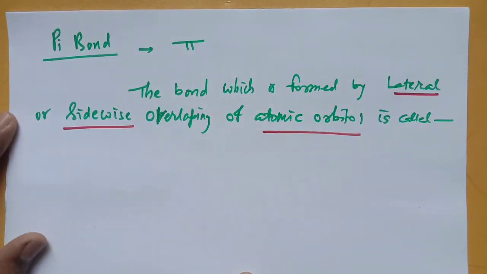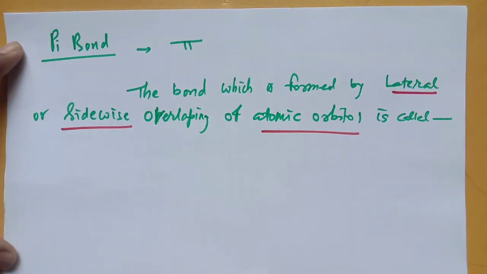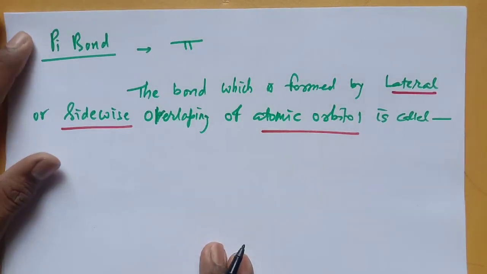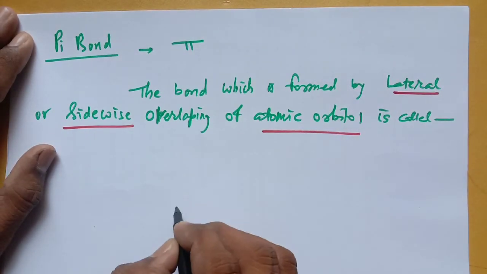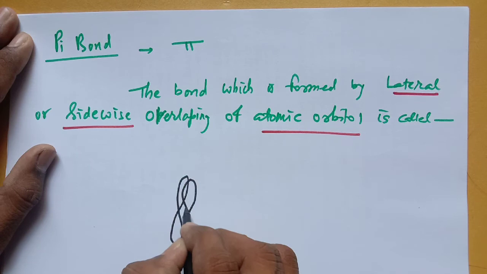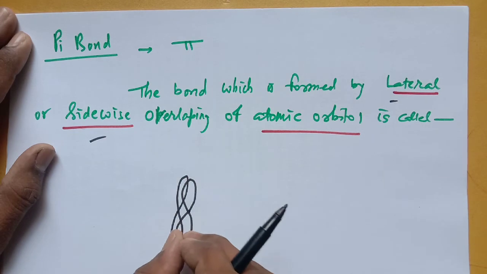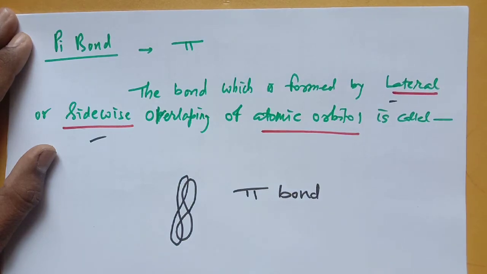Now we know about the atomic orbital. Now we have to discuss just the lateral overlapping और sidewise overlapping. इसके पहले सिग्मा बॉन्ड में जो हमने ओवरलैपिंग देखा था वो था एंड टू एंड और एक्सियल ओवरलैपिंग. अब हमको देखना है साइड वाइज और लैटरल ओवरलैपिंग. If this is a p orbital and these two orbitals overlap like this, it is said to be the sidewise or lateral overlapping. And by such overlapping, the bond is formed that is called a pi bond. It is known as a pi bond.